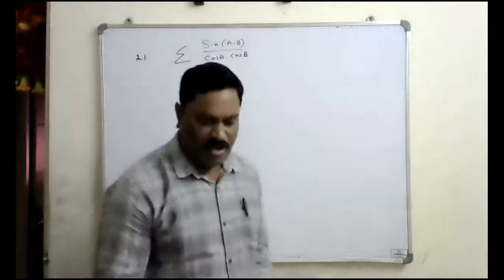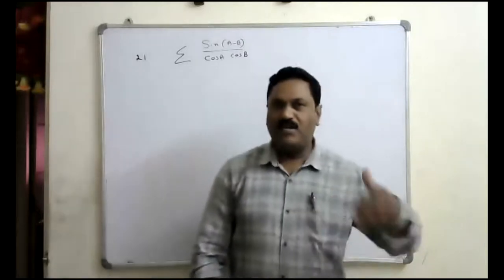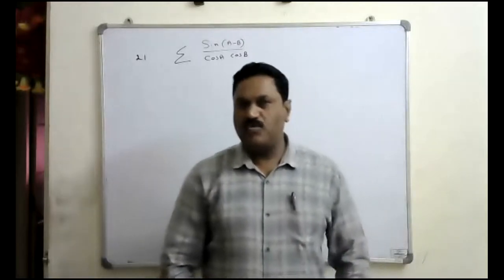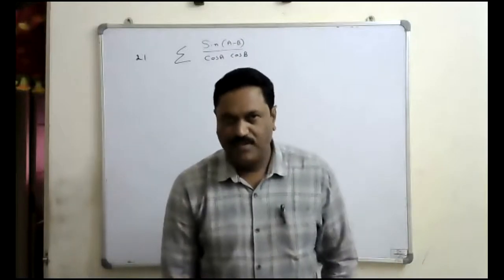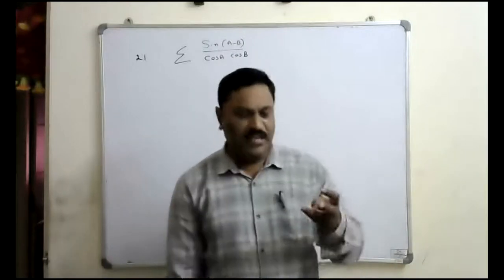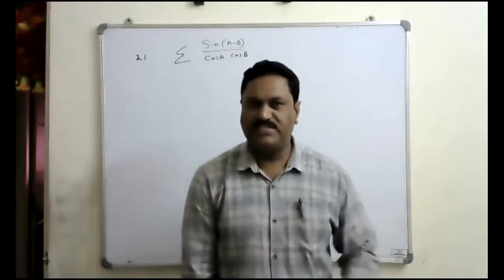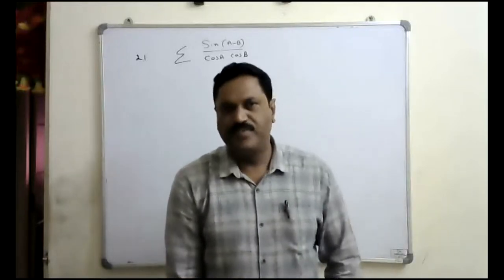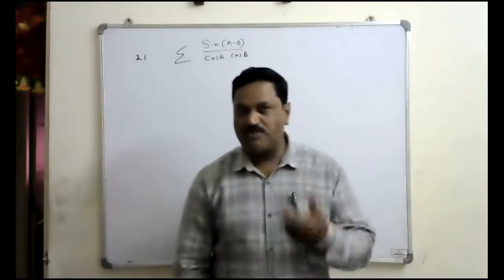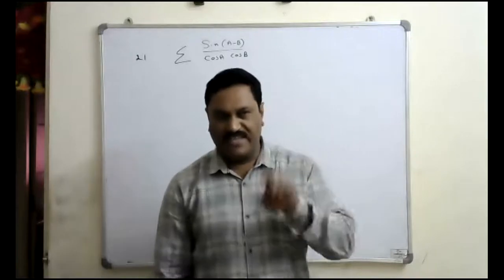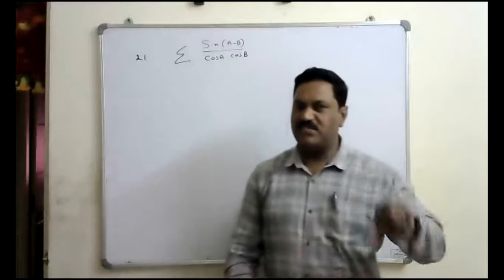So here how do you evaluate this? Sigma represents the sum of the terms. But the question is, in that summation, how many terms will be there? Here the angles A, B are actually given, meaning we have to consider C also. A, B, C generally we will consider as the angles. So A, B, C means we'll have 3 terms in the summation. Those terms we get in cyclic order: AB, BC, CA. Like that we'll get the angles in cyclic order.